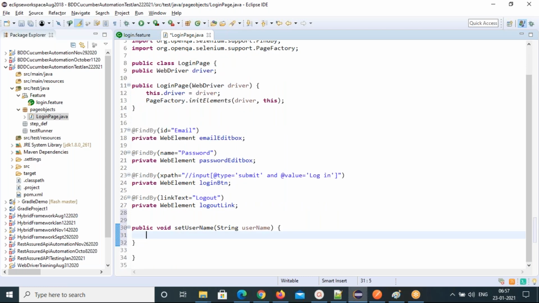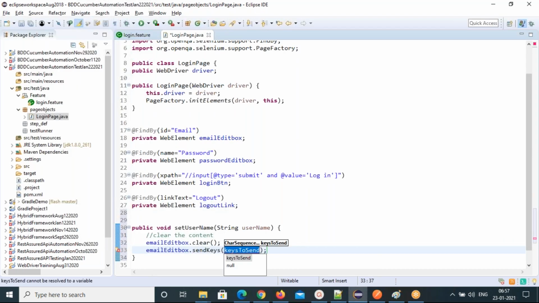You can write all the methods. So first one is you can clear the content, emailEditBox dot clear, and type it: sendKeys the username.